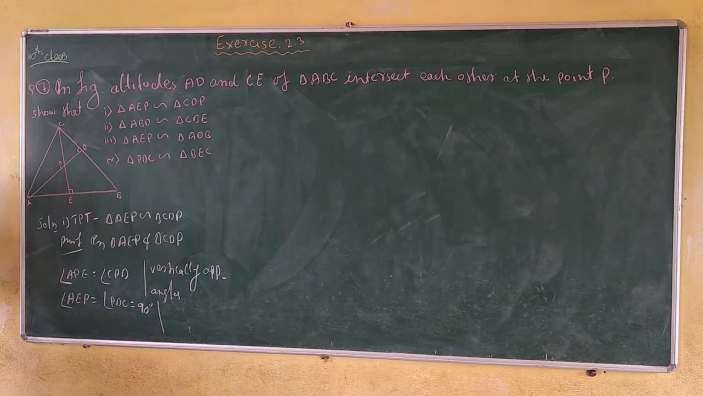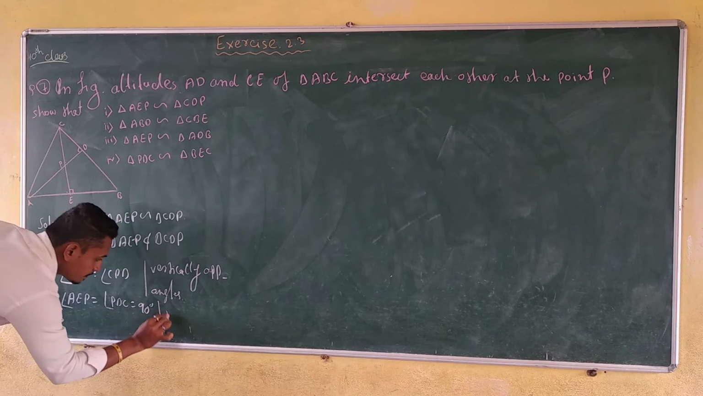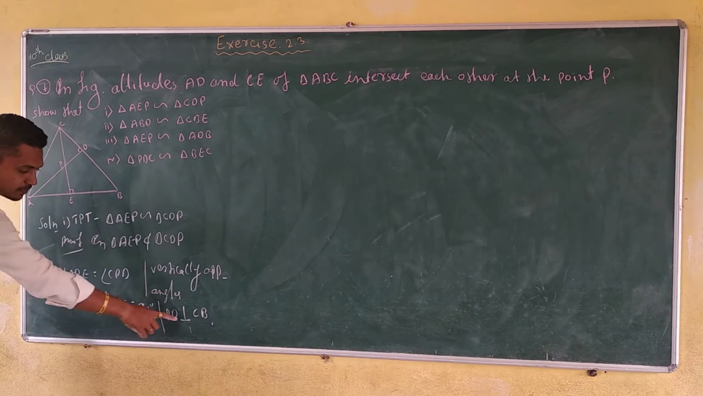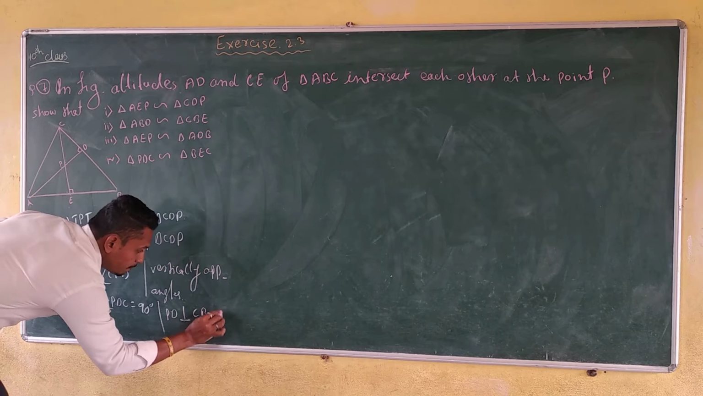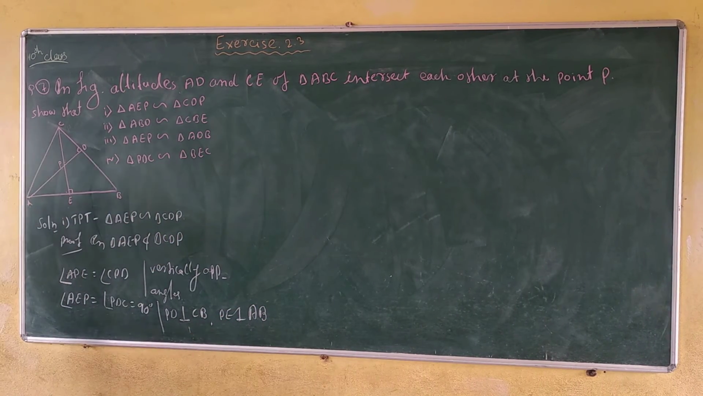And the reason here: PD is perpendicular to CB. Right, this is the perpendicular symbol. Next, PE is perpendicular to AB. Is that right? So see here, this is one angle and two angle. Okay. Next, the last one angle is,